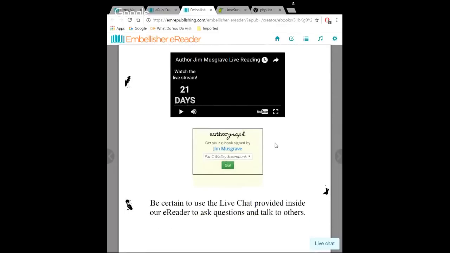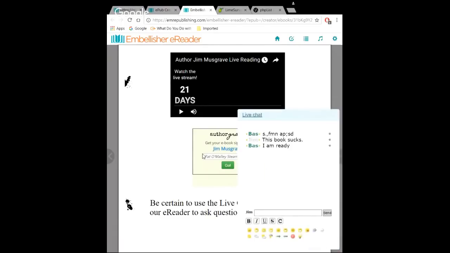And then finally, you have an Authograph widget, which allows the reader to get a signed digital version of the author's books, including, of course, Forevermore. And then during the live streaming event, you can have live chat going for the readers to ask questions of the